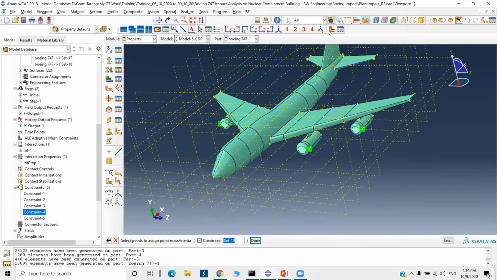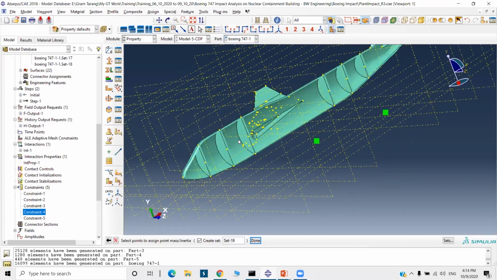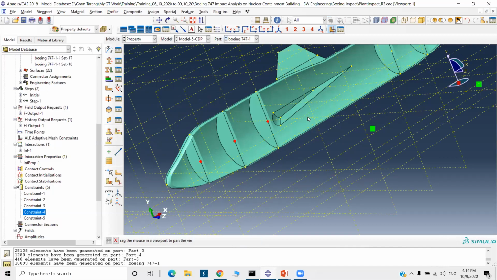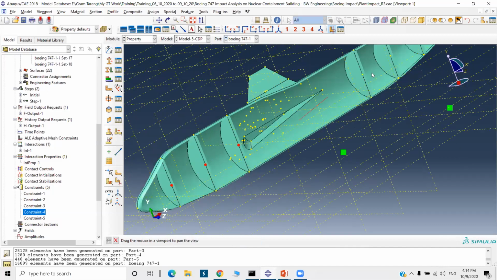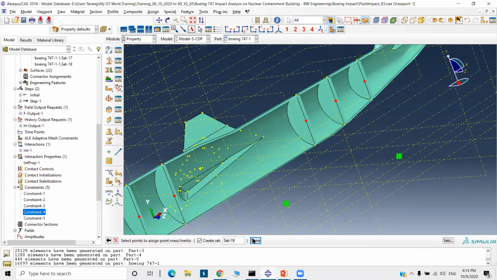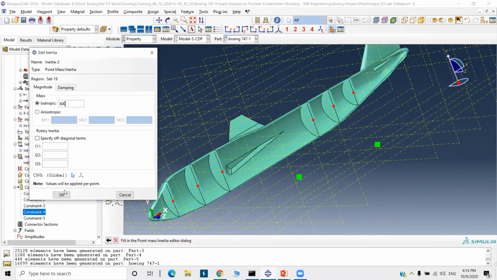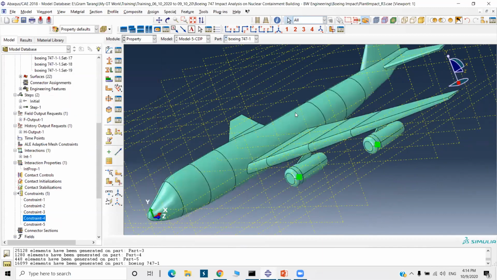So I will take the cut section for this, and here I am going to apply the inertia. Then 800 kg. Next inertia create.